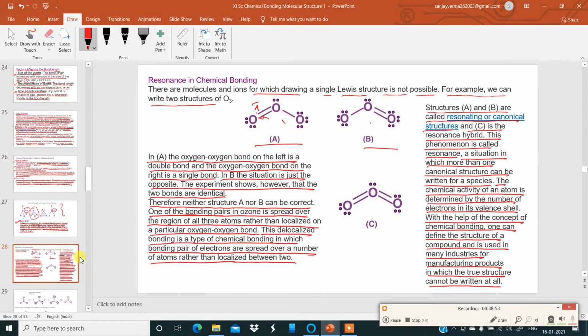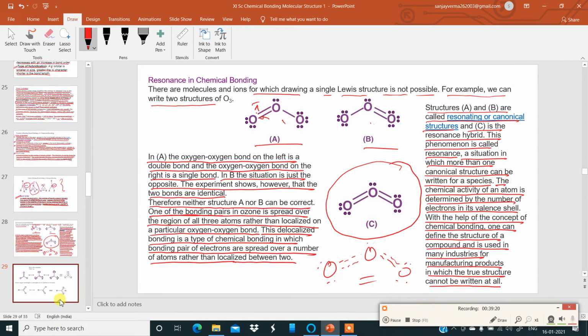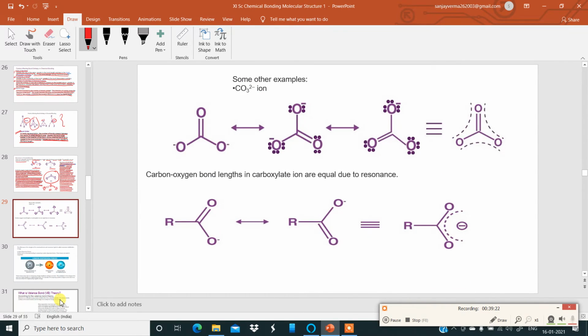Okay, so here we have some idea about the resonating structures, which are also called canonical forms. And this is the resonance hybrid over here. Resonance hybrid is normally written like this, with dotted lines. Lone pair over here, two lone pairs over here, another two lone pairs. This is the resonance hybrid for the ozone molecule. Now I will request you to practice these structures